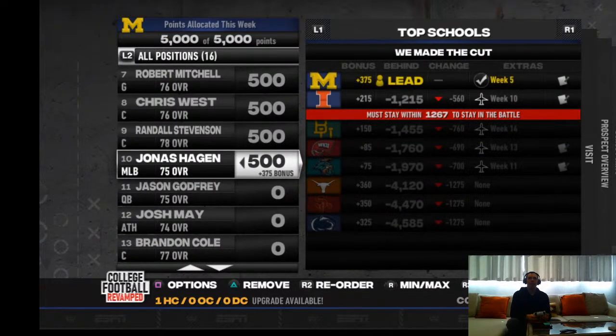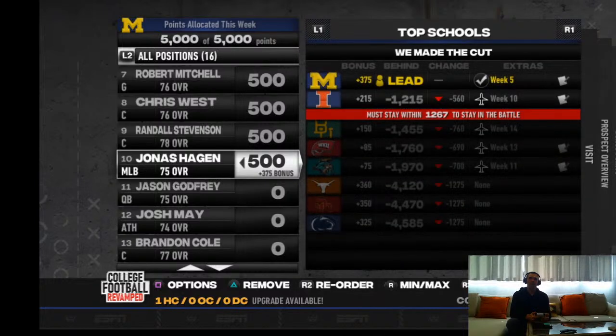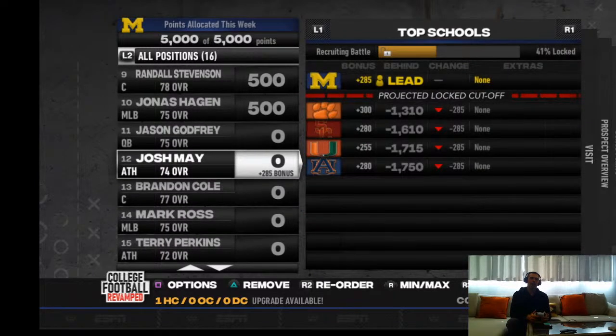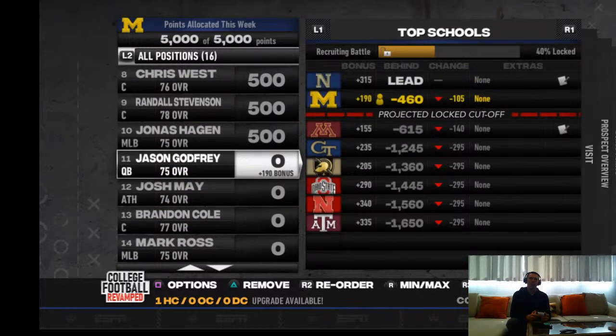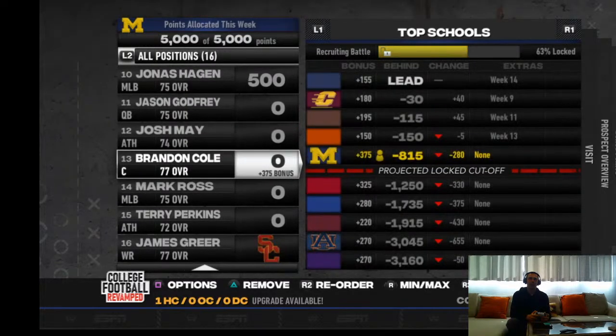Middle linebacker, again, looks to be in a good position there. You look, though, the other teams offering him scholarships are not very impressive. So I wonder, again, not scouting, I wonder if Hagan is going to be a guy that maybe flops a little bit. So we'll see. The rest of these guys, 0 points. These are just kind of my alternates, right? So if we lose out on that quarterback, I'm just trying to keep in the mix here. These are just backup guys.